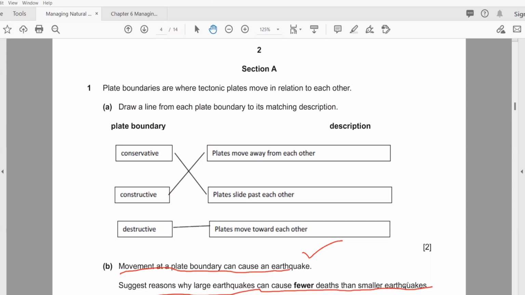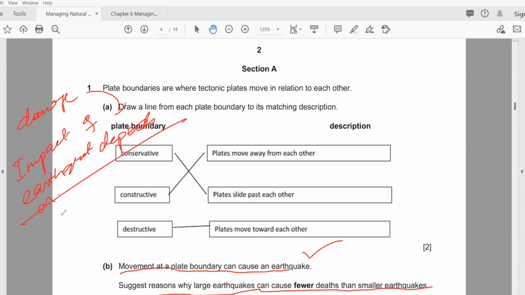If you remember, I told you how the impact of an earthquake depends on what? In other words, how much damage an earthquake will cause depends on what? We discussed that day: the location of the epicenter. Okay, then